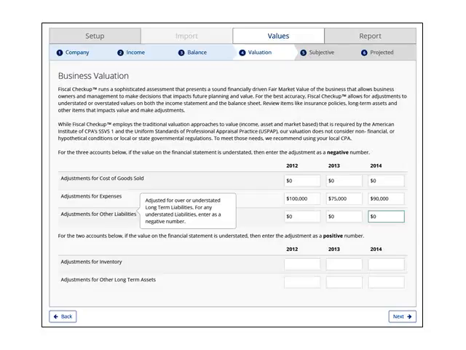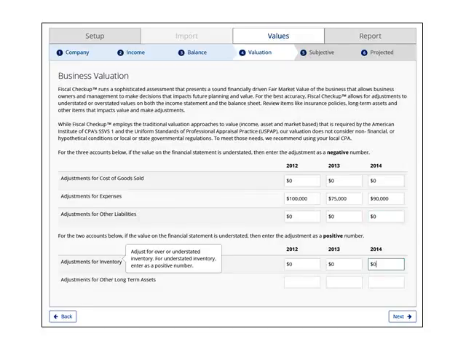This is probably unusual for most companies. If the inventory listed on the balance sheet does not represent its real value, then enter the amount here to adjust to its real value. For this and the next variable, if the value on the financial statement is understated, then enter the adjustment as